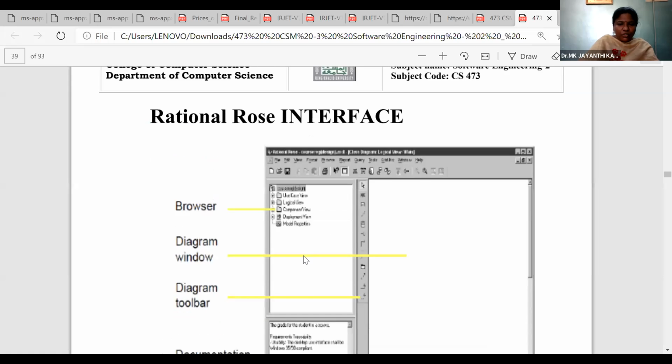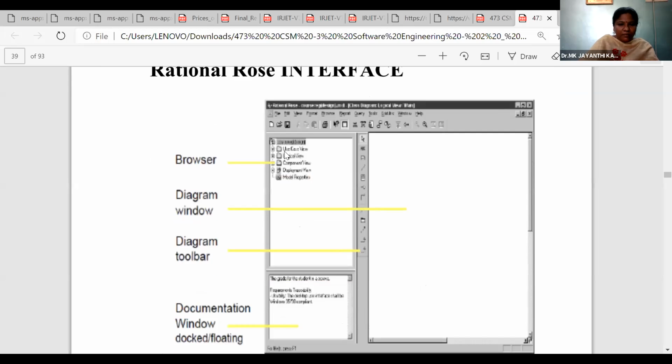If you go with the original version of Rational Rose, the Rational Rose will have the edit menu like this. So we'll have all the diagrammatic aspects like browser, window, where we can draw. And we'll have the diagram toolbar. We can choose all the diagrammatic toolbar, class diagrams, object diagrams, all those things. And documentation window for blocked and floating.